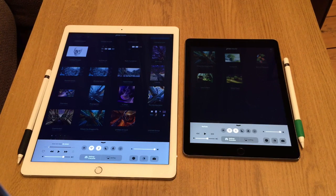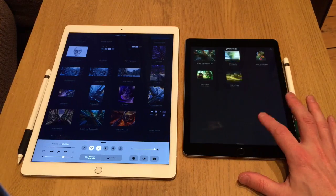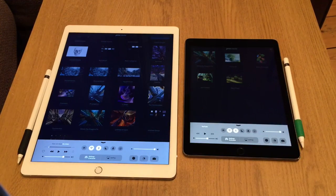Okay, in this video I'm only going to be talking about the iPad Pro 9.7-inch version and the 12.9-inch version from an artist's point of view. If you're looking for a video with a full rundown of all the specs and all the differences between the two, then you'll probably find a more appropriate video elsewhere. I'm only going to discuss it from the point of view of using it as an artist drawing and painting